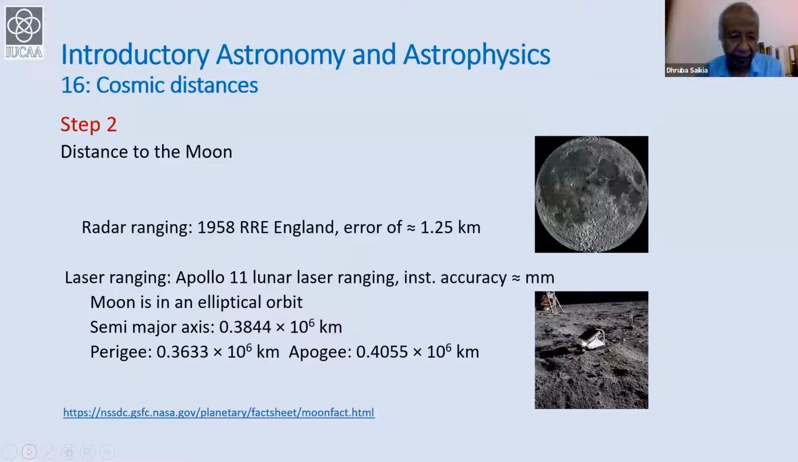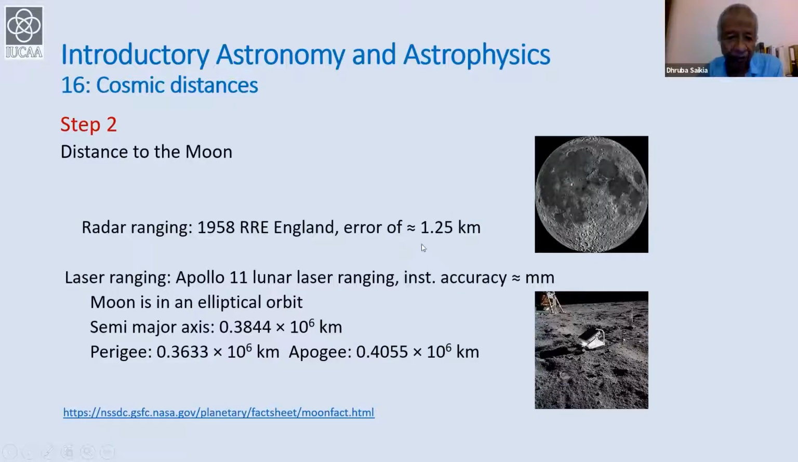And this one, the radar ranging started, one of the early attempts was in the late 50s. This is the Royal Radar Establishment. After the war, people developed the radar technology to a large extent during the Second World War, and that was put to good use. Radio astronomy developed after that. And this was one of the early radar ranging experiments which established the distance to the moon to an accuracy